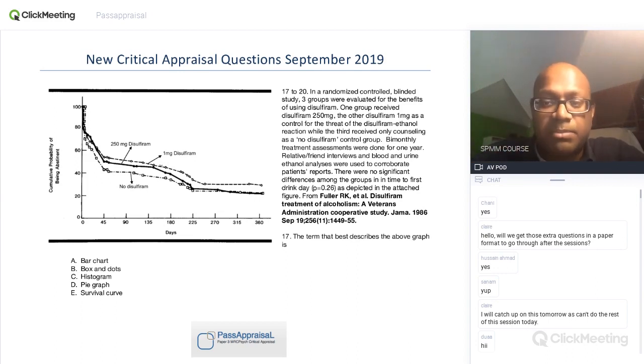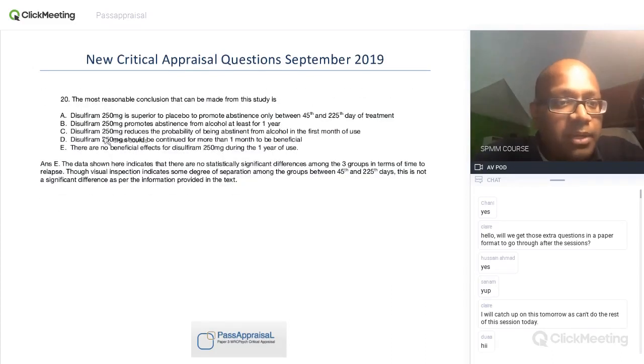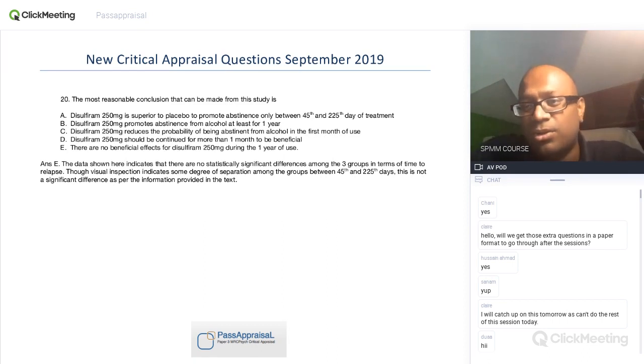We know that because they are presenting the significance in the text. So that statement is not correct. Disulfiram 250 milligram promotes abstinence from alcohol at least for 1 year. Well, it does only as well as the control group. So I don't think this statement is right. Almost everybody is relapsing, and by 1 year, around 80% of people have relapsed, whether they take disulfiram or not. They have relapsed. So this is not a great